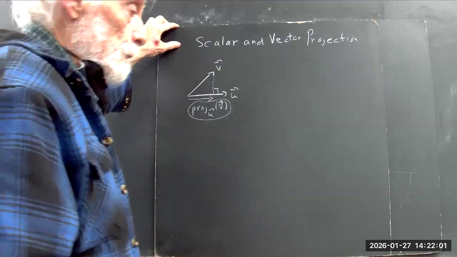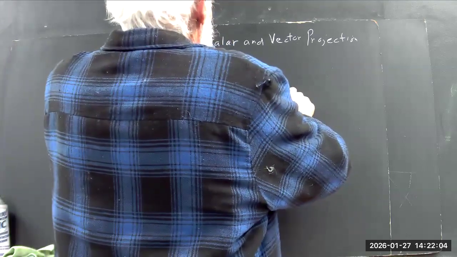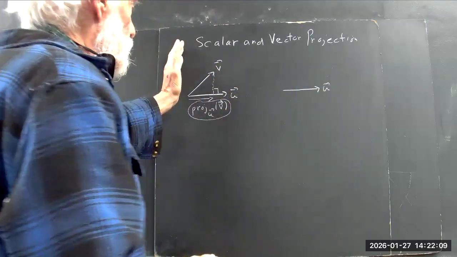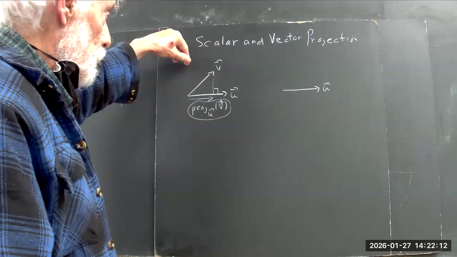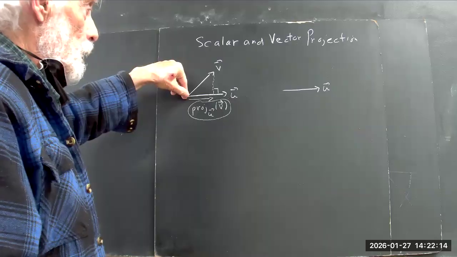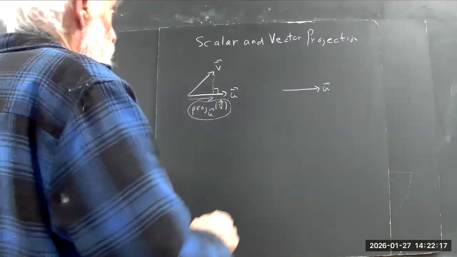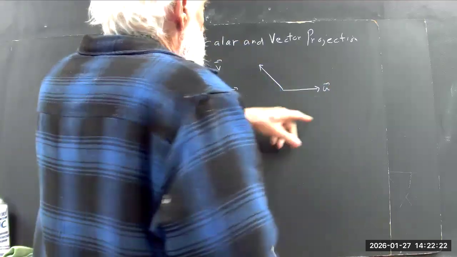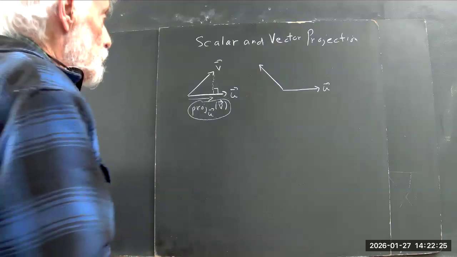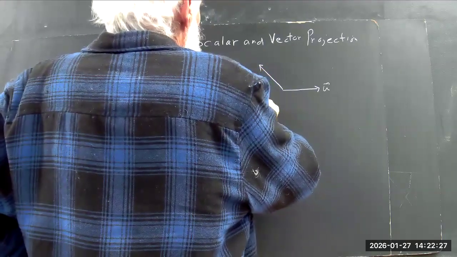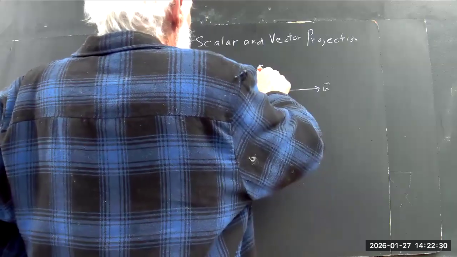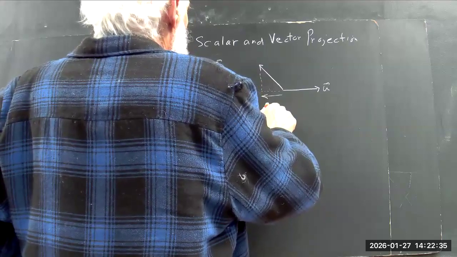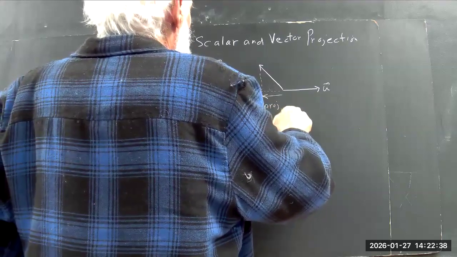I'll sketch it in a minute. There are two cases, actually, I guess three. If v is perpendicular to u, then it's obvious that the perpendicular projection from the tip of v down to u is 0. You can also have v making an obtuse angle with the vector u, in which case we extend the line of u and project down here. And right here is the projection onto u